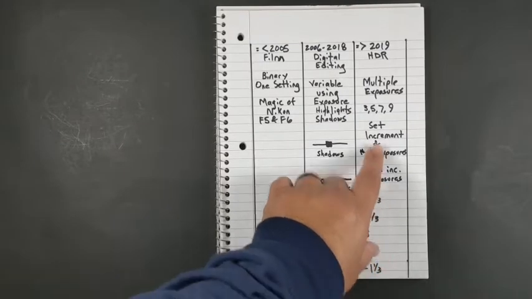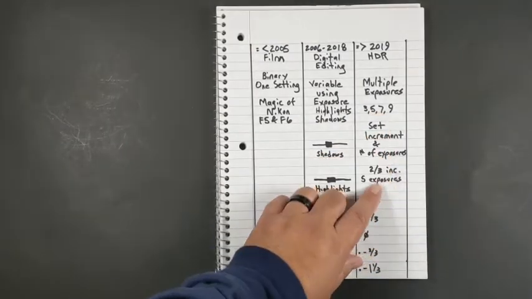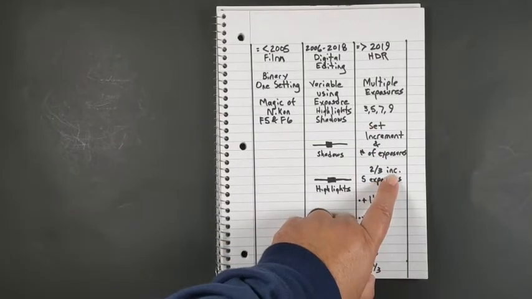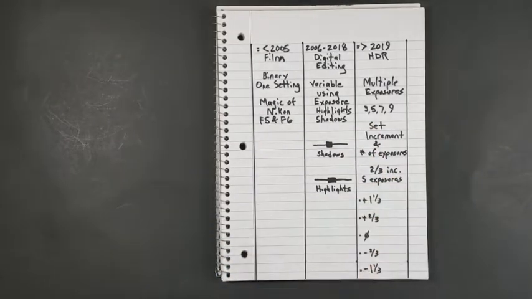And then how many images do you want? And I usually go with 5. So my setting is I want 2/3 of a stop between each photo, and I want 5 photos. So what happens is,